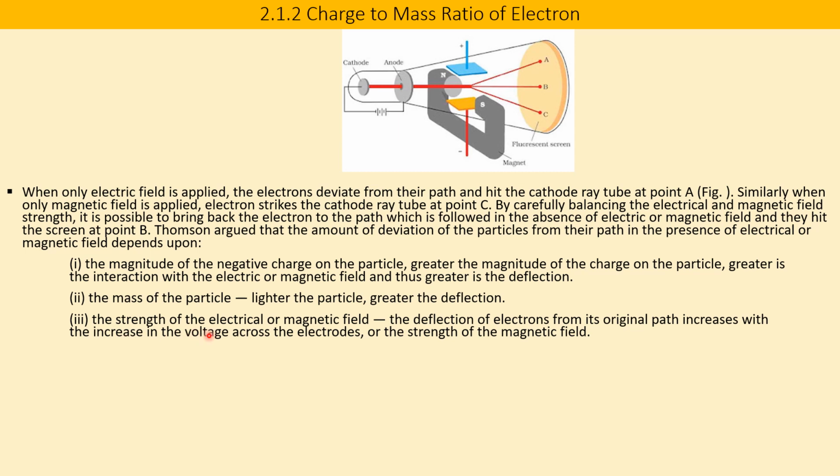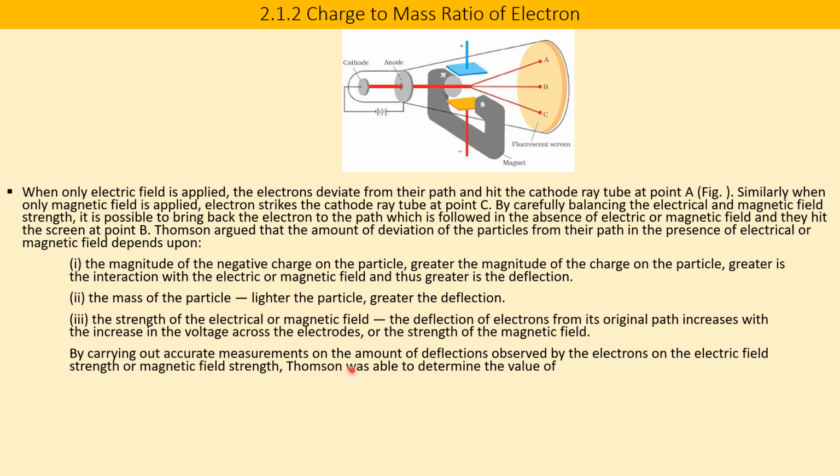Point number 3 is the strength of the electric or magnetic field. Initially, the first two were due to the particle, that is the mass and the charge of the particle. Point number 3 is due to the electric and magnetic field, which is controlled externally. The deflection of electrons from their original path increases with the increase in voltage across the electrodes. So deviation increases if we increase the voltage between these two plates, or the strength of the magnetic field. By carrying out accurate measurements on the amount of deflection observed for the electrons, depending on the electric field strength or magnetic field strength,